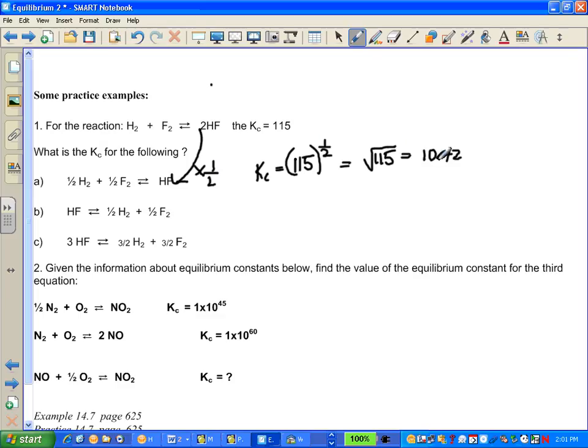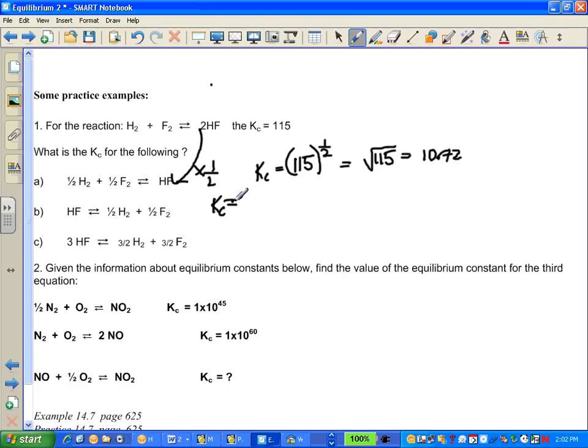Let's look at the second example. And we'll always compare to the original for simplicity in this case. If we look at B, we can see that the reaction has been reversed from the original, and it has also been multiplied by 1/2. So there have been two manipulations. When we calculate the Kc value, we need to apply both of those manipulations in order to determine the